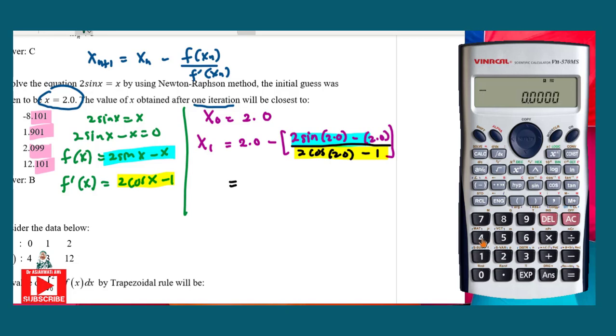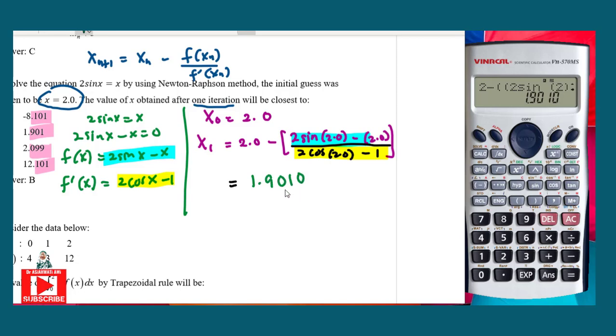Okay, this one we can skip. Okay, and then here, substitute the value. 2 minus 2 sin 2, just substitute 2 because it is the first iteration, minus 2, close for the numerator, divided by, open for the denominator, 2 cos 2.0 minus 1, close for the denominator, close for all, and is equal to, the answer is